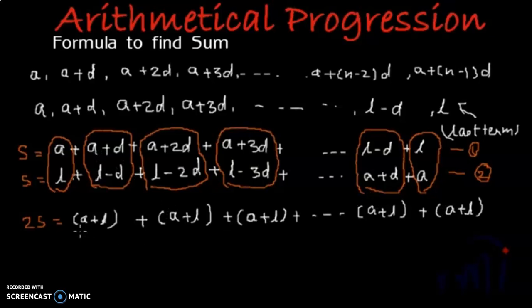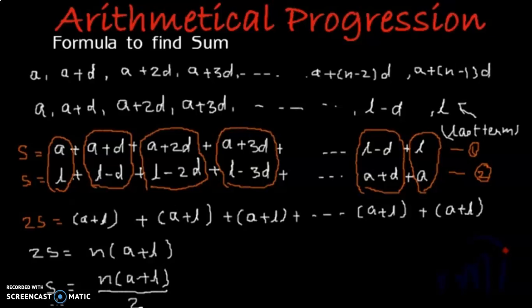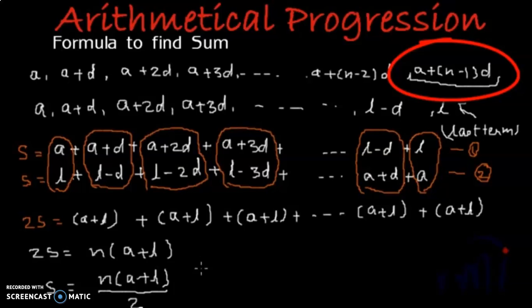So how many numbers are there? There are n numbers, right? It becomes n numbers. N into, if a plus l is added n times, it is called n into a plus l, right? So s will be equal to n by 2 into a plus l, correct? The 2 from 2 into s comes below, so it becomes that. Now we will substitute l. What was actually l? A plus n minus 1d. That was actually l, correct?